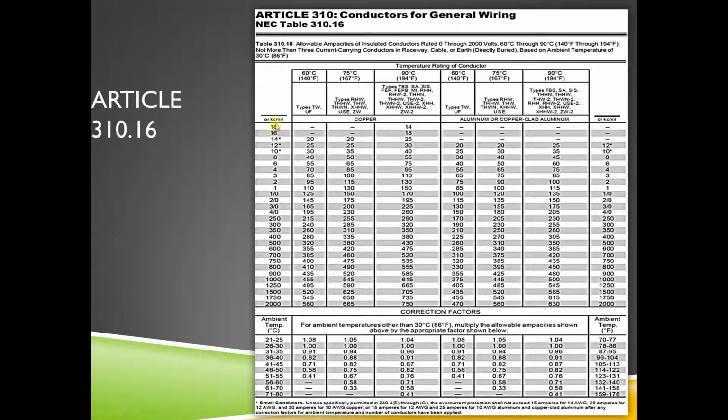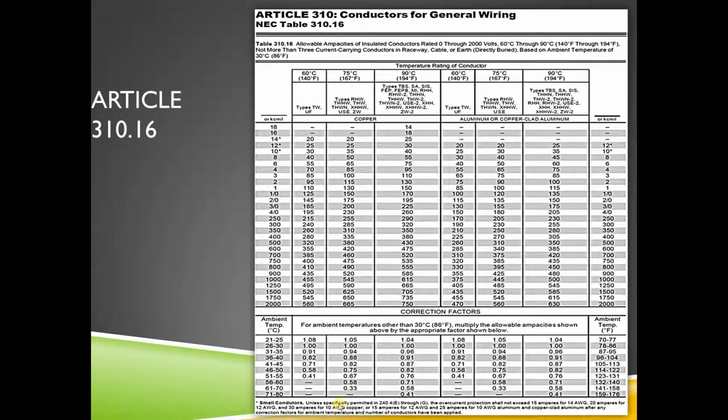To the far left of the chart, you have all your different wire sizes, and to the right of the chart, you have the allowable ampacity for the conductors with the insulation types within a certain ambient temperature. If you notice, for 14 gauge, 12 gauge, and 10 gauge wire, they all have stars beside them. And the reason for the stars is, if you go to the bottom of the chart there, you'll see that